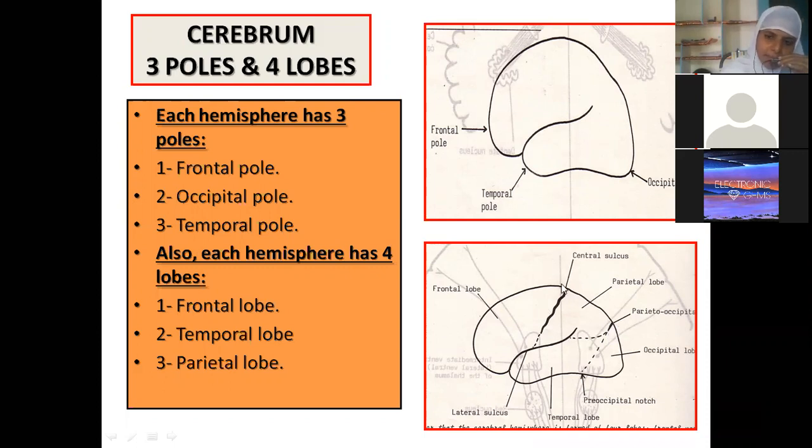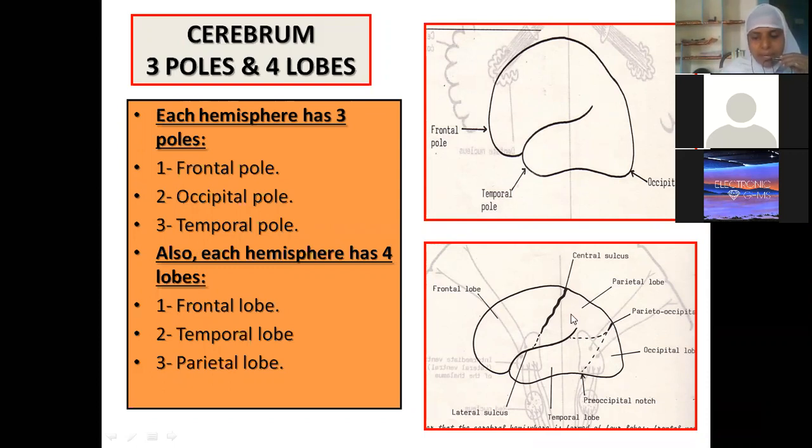Now, if you observe the central sulcus, lateral sulcus, or the parieto-occipital sulcus, they are not complete. Some dotted lines are drawn in order to make them complete and then to divide the superolateral surface of the cerebrum into four lobes. So you should draw an imaginary line extending from the central sulcus, cutting to which sulcus? The lateral. It comes and joins the lateral sulcus. This is the parietal lobe, this is the occipital lobe. For that reason, it is called the parieto-occipital sulcus. From the superolateral surface, the parieto-occipital sulcus is shallow, very small.